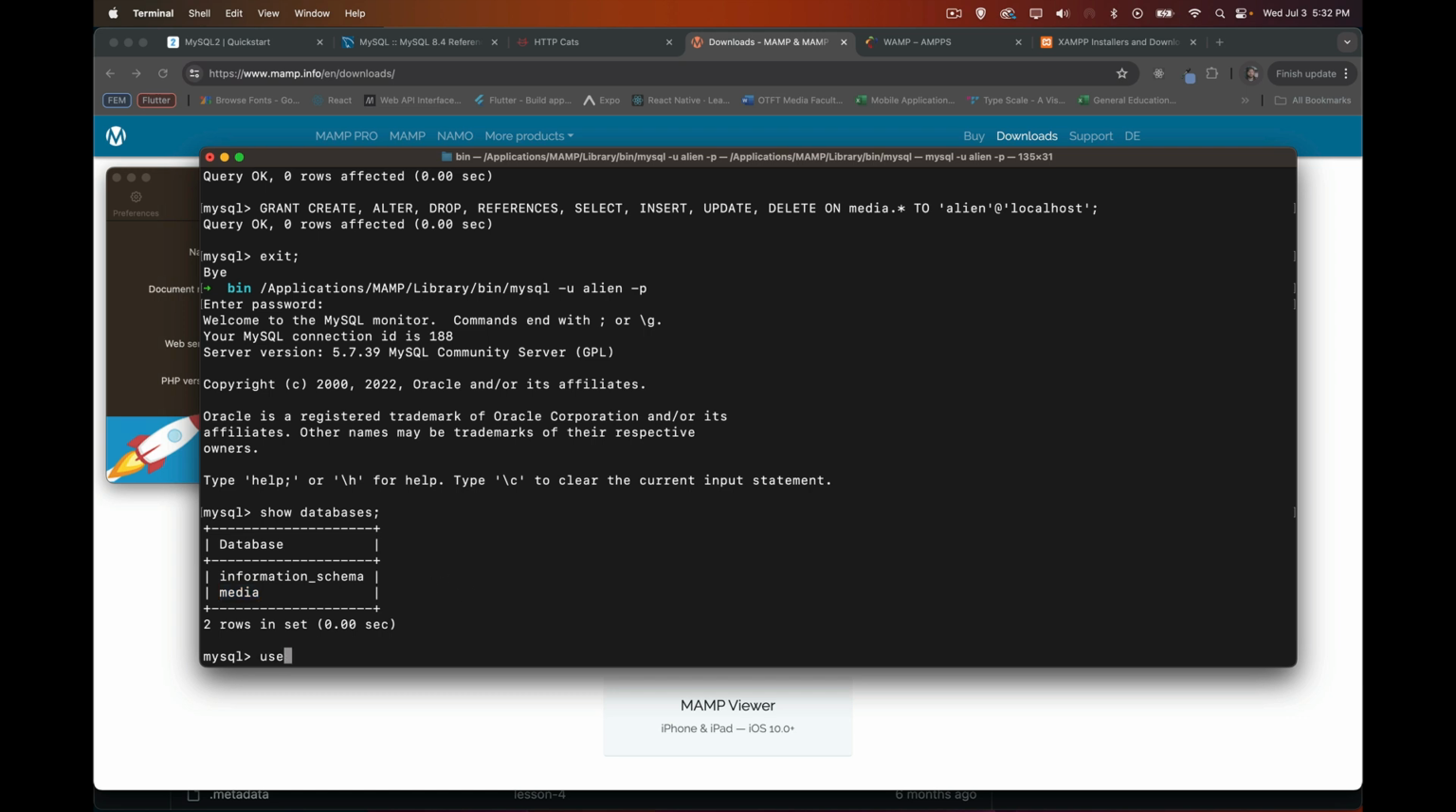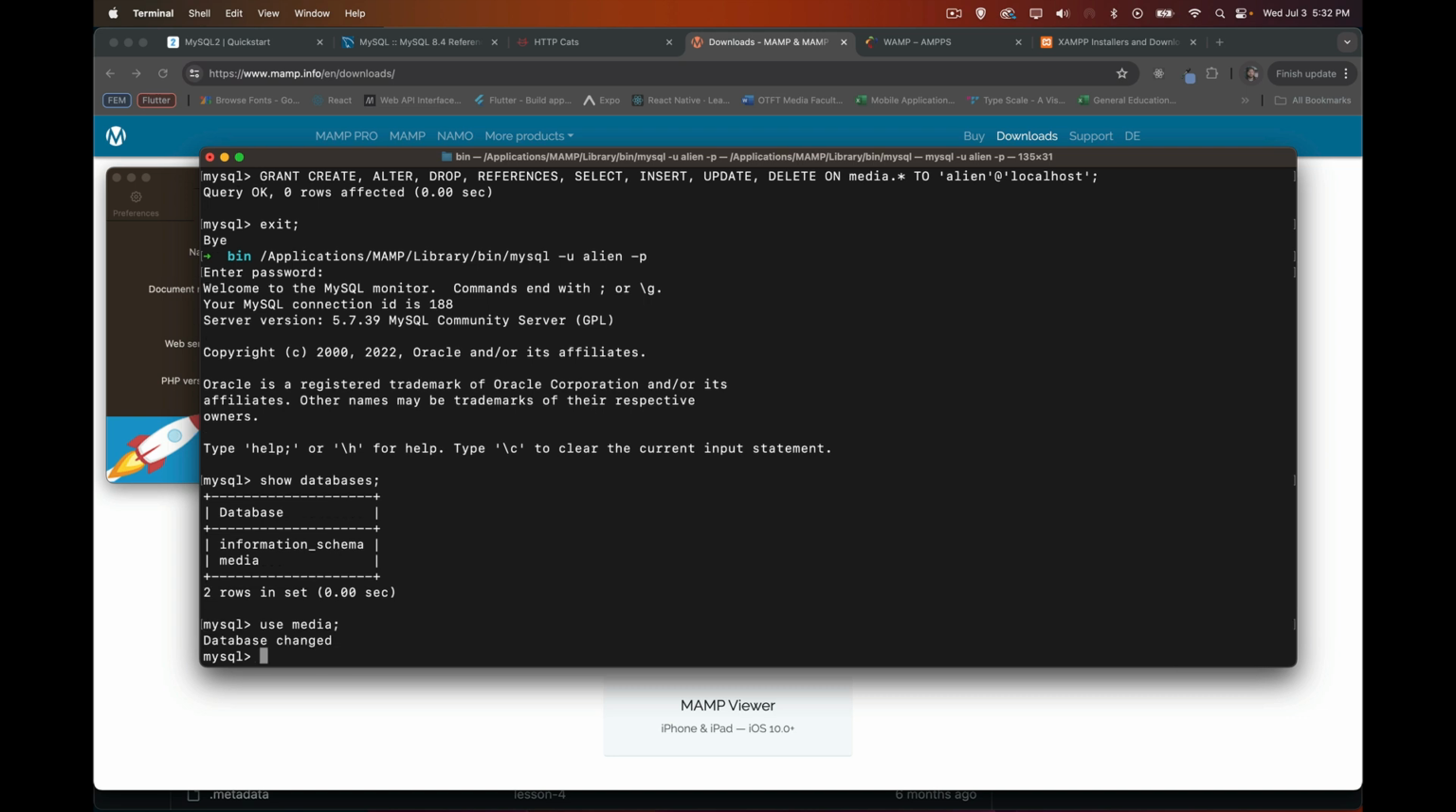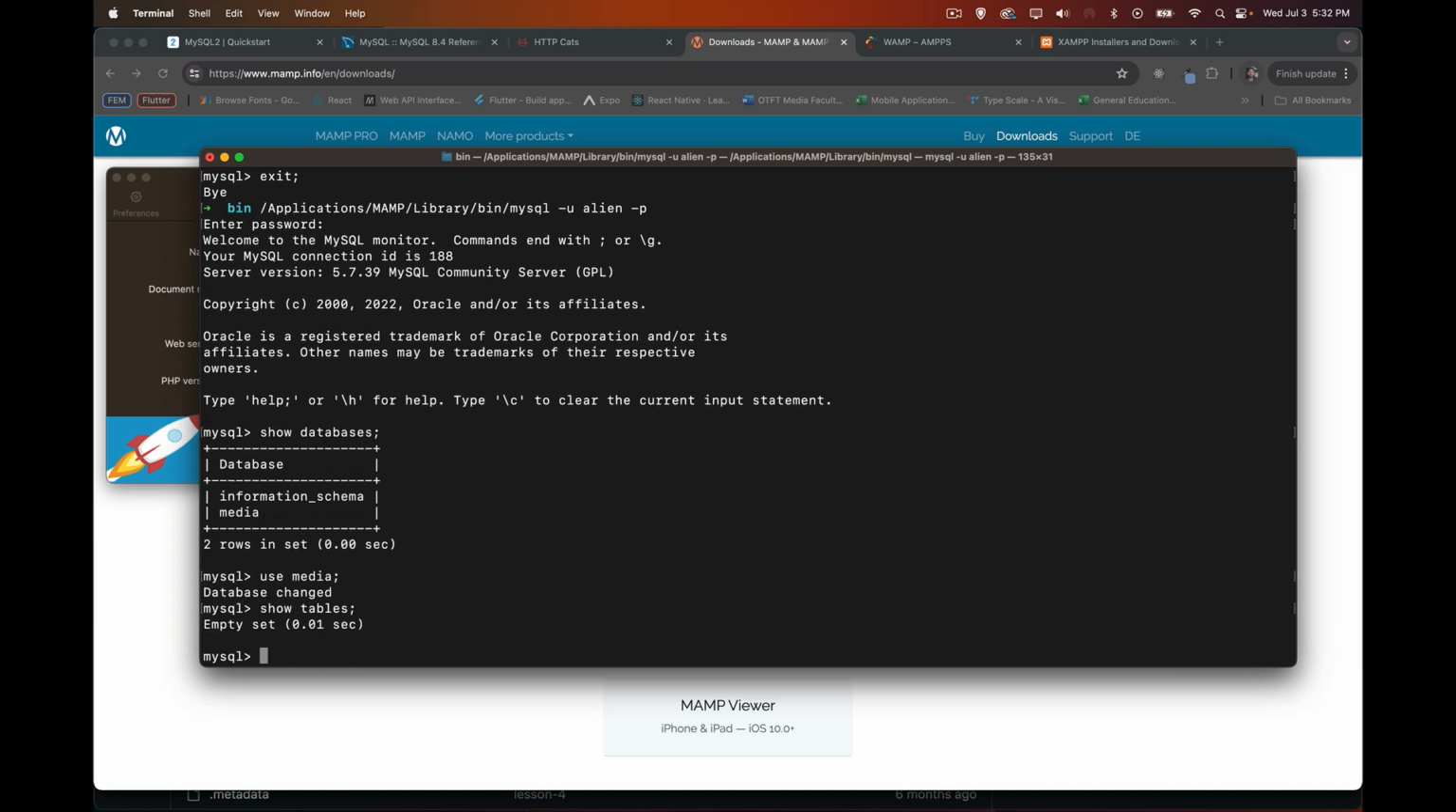So we're going to just say, I want to use the media database. Show tables. Well, there aren't any in here yet. We haven't created them, but we're allowed to do that. So we're going to create some tables. If we want to create one very simply, let's create one called movies. So let's say create table